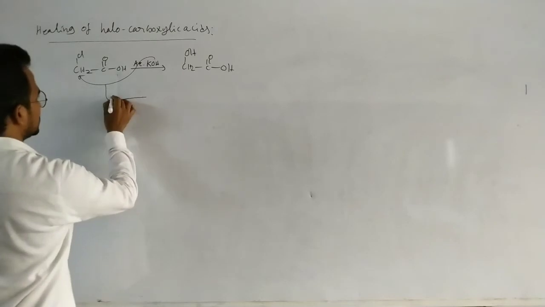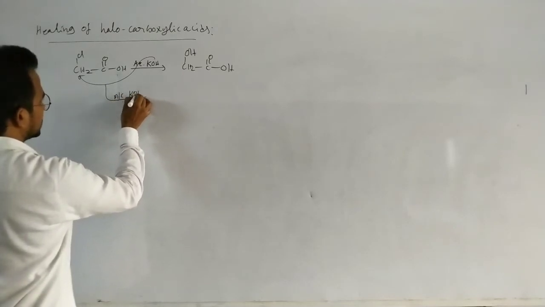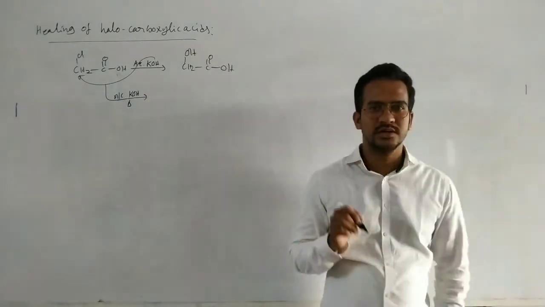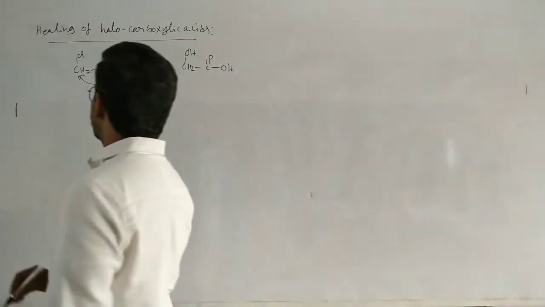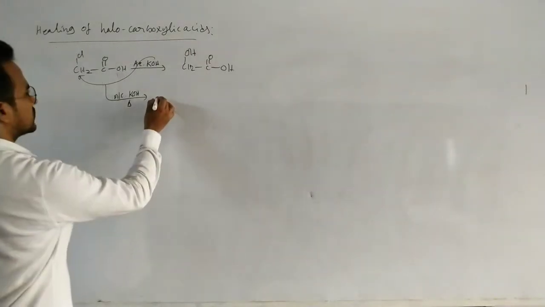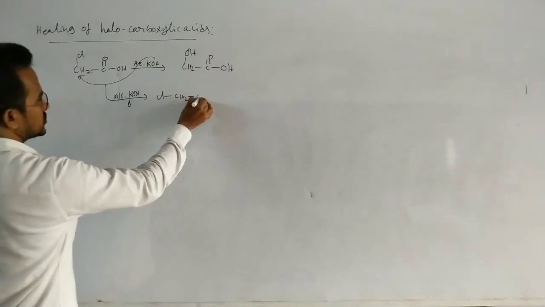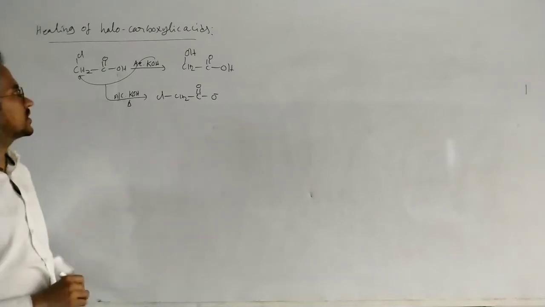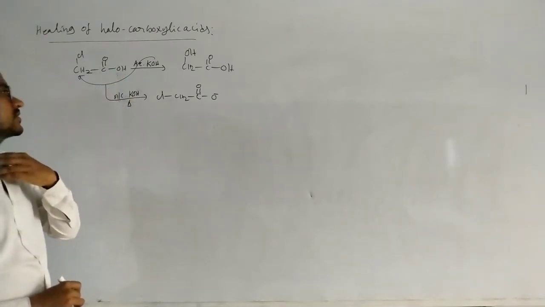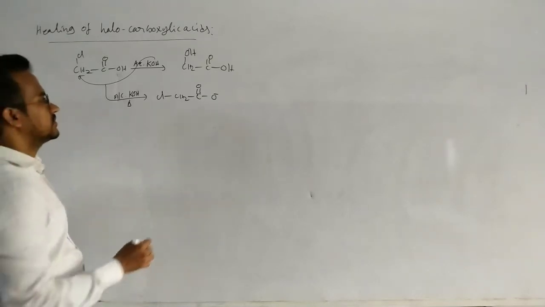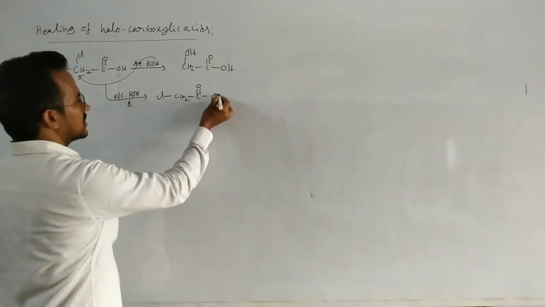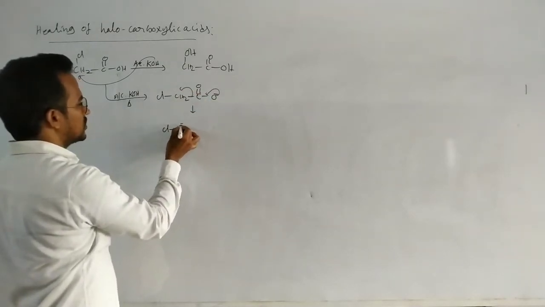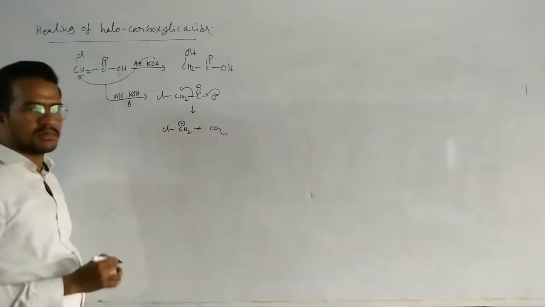Suppose this one on heating with alcoholic KOH at a high temperature. In this case, first of all, Cl, CH2C double bond O, here O minus. First an acid base reaction takes place. Now on further heating, loss of carboxylic acid takes place: Cl and CH2 minus plus CO2, loss of carboxylic acid.